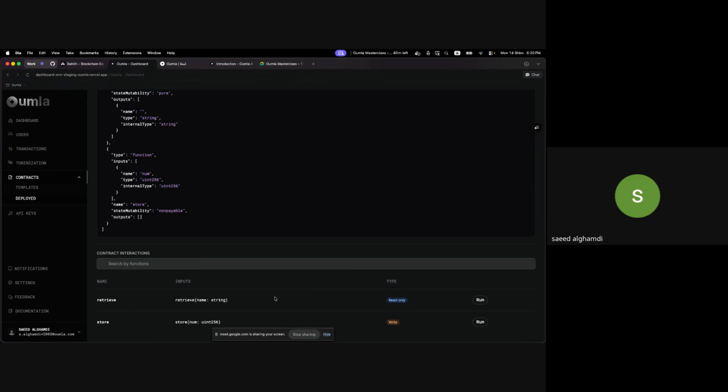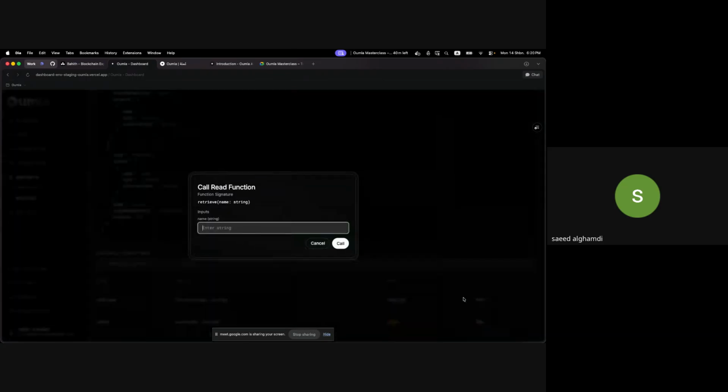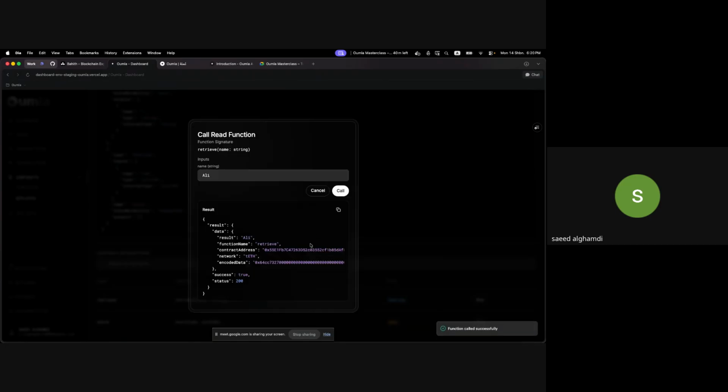Now we can interact with it with simple clicks, without any complexity. Let's say I want to do the read function. It requires a name, let's say Ali. It will do the read function. Now it's calling the function and it returns the response with Ali as the name. Let's say Saeed as an example and call it again.